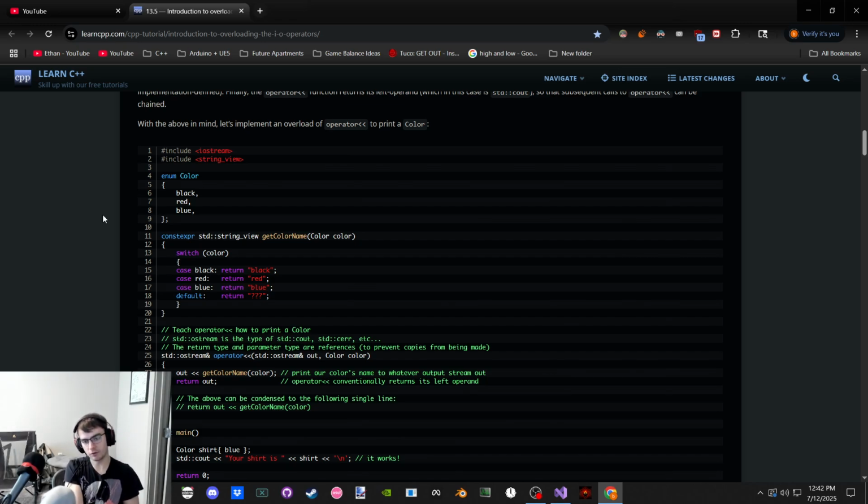And its type is an OStream. We want to pass a reference to standard character output itself, so we do an OStream reference, an operator insertion, and on the left we have an OStream reference. On the right we have a color, and then we're saying output